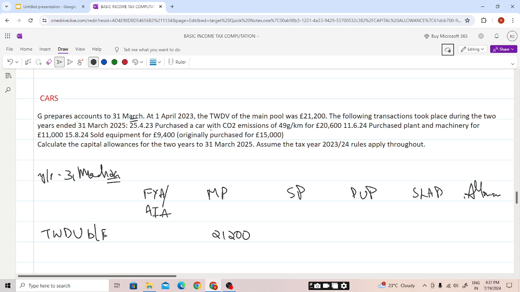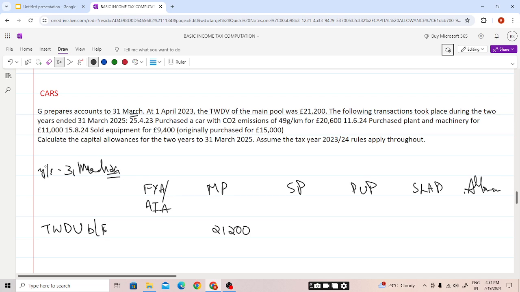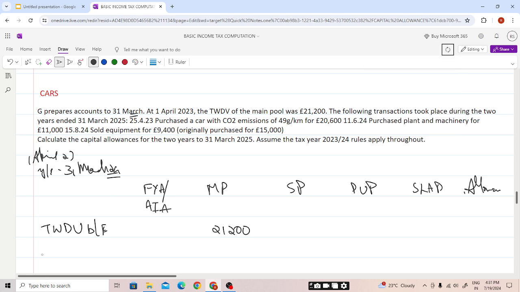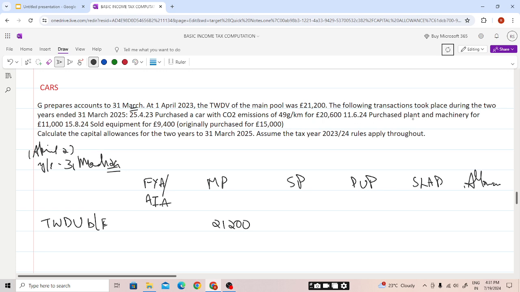25/4/2023, purchase a car with CO2 emission of 49. So students, for the year 24, that is from 1st April 23, we have purchased a CO2 emission car. Additions: purchase plant and machinery for 11,000. 15/8/2024, this will be in the next accounting period, sold equipment at original cost. Calculate the capital allowance for the 2 years to 31st March 25, assuming the tax year 23-24 rules